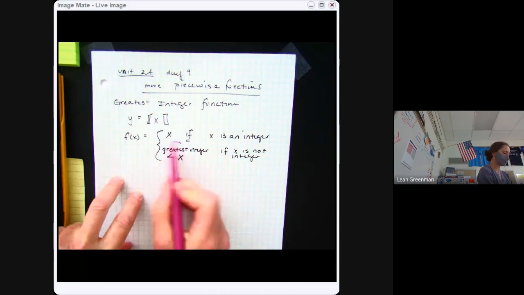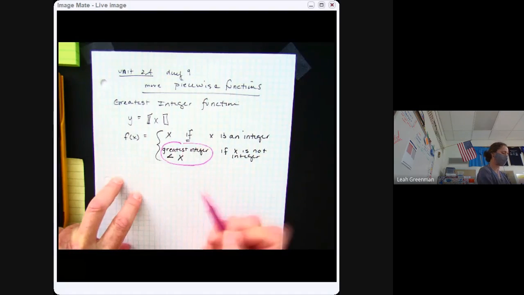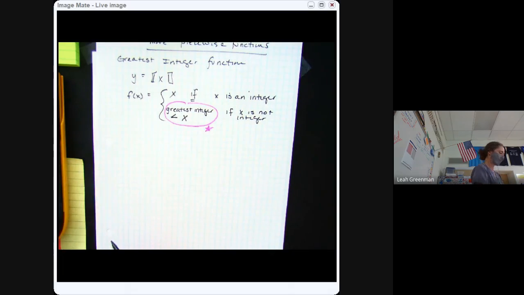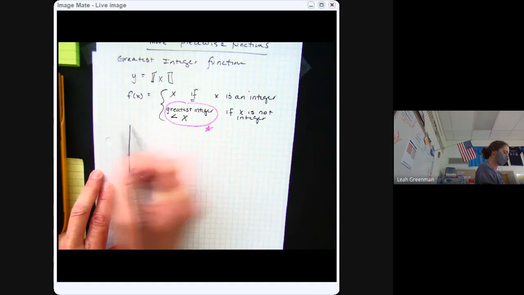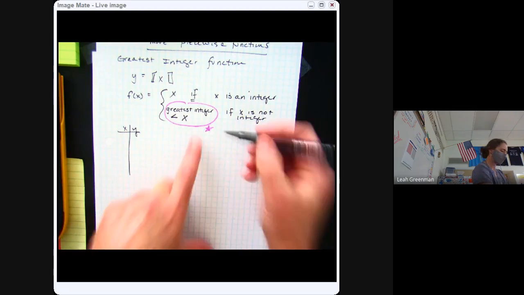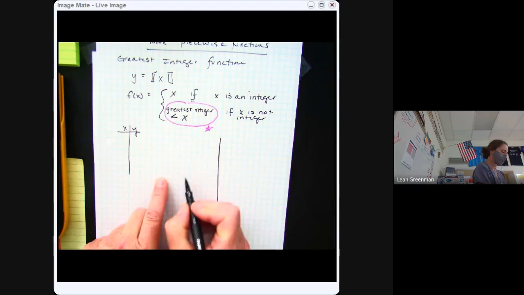So this right here is the super important part. And this function doesn't come up all the time, but it is an example of a piecewise function. So we could talk about it on the day after we had talked about piecewise functions. All right, so let's try and get an idea of what's going on here. So if I make a t-chart with x's and y's,